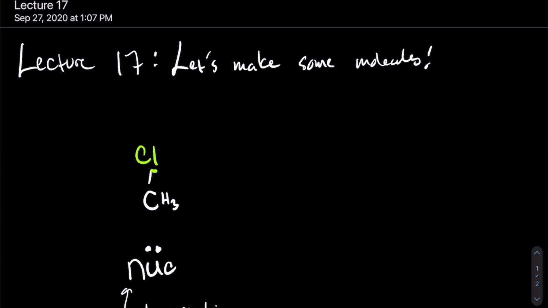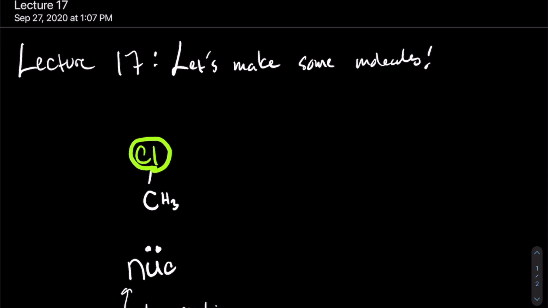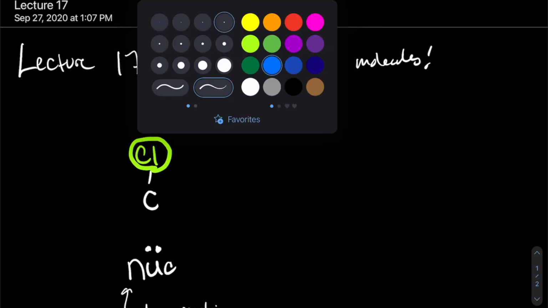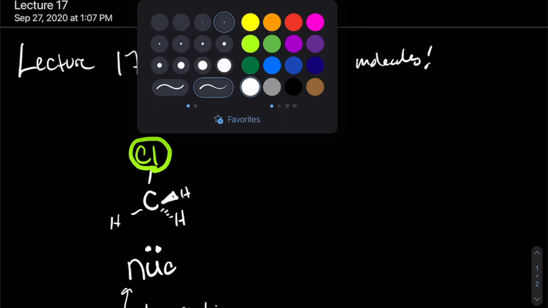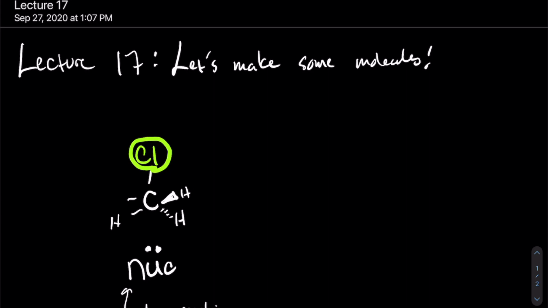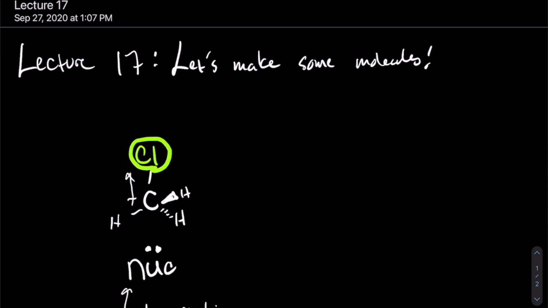And so this is a great example of a highly polarized molecule that imparts a pretty substantial partial positive charge on the carbon. In fact, let me just draw the three-dimensionality of this a little bit more clearly. As we have a hydrogen here, and that gives us this dipole that goes up this sigma bond here. And if I were to draw how the electron distribution around this would look, it would be more like that, where most of the electrons are actually hanging out up at the chloride,